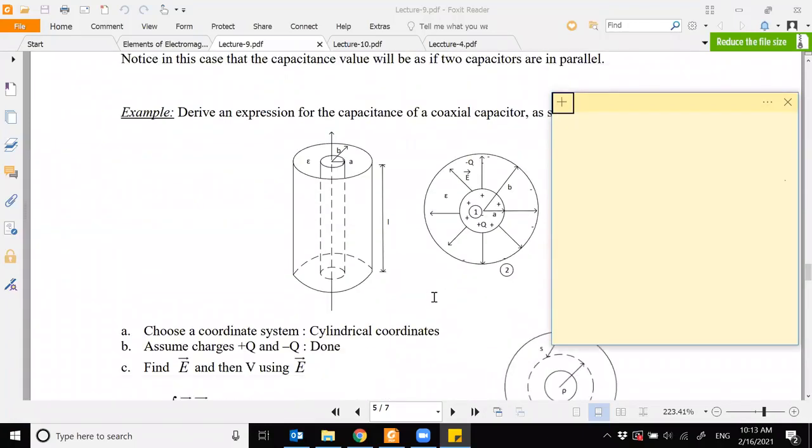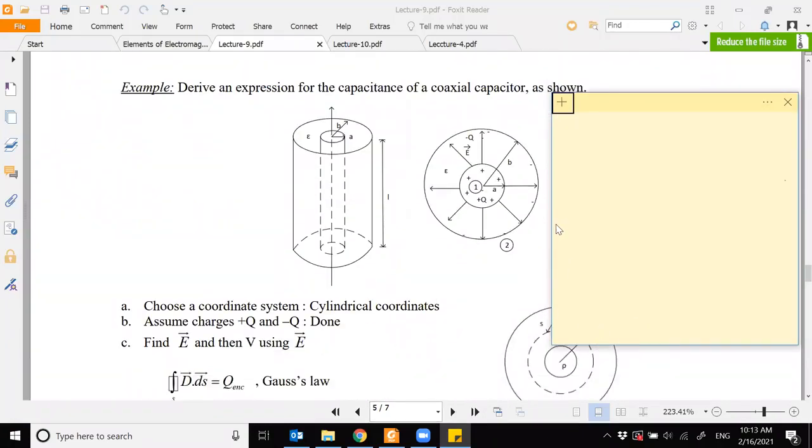Now, let us take this example. This is a very common example. We did it for a parallel plate. Now we want to do it for a cylindrical capacitor. If you see, a cylindrical capacitor is, very commonly, nothing but a coaxial cable. See here, this is the inner conductor of the coaxial cable,